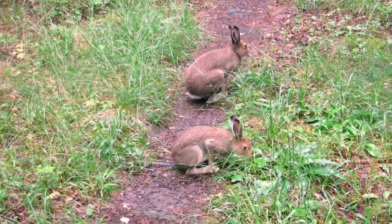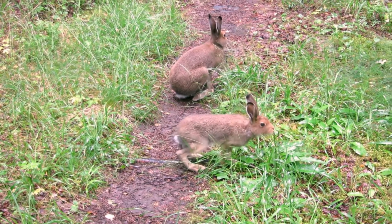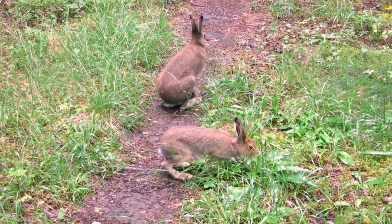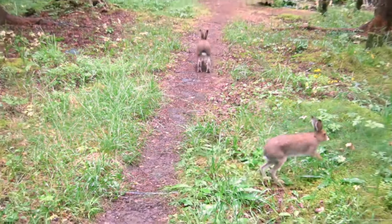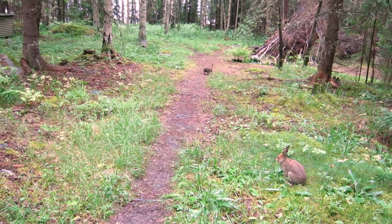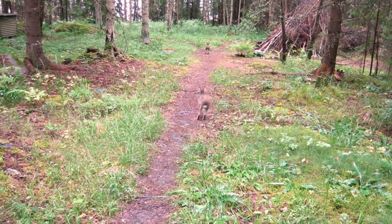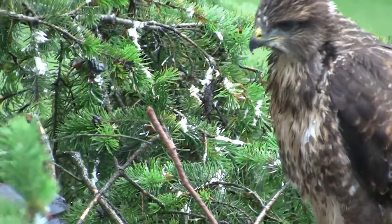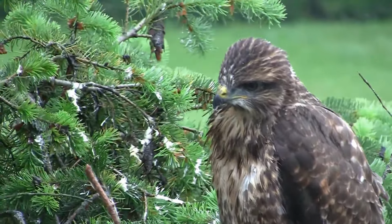After mating, the birthing season usually takes place between March and July. Females are able to produce between 1 and 4 litters in a single year, with each of these litters containing up to 3 young. Their offspring are called leverets and are all born with all their fur and opened eyes. Leverets don't receive a lot of parental care, limited to occasionally drinking some milk from their mother when she visits in the evening. As leverets venture out, they are often targeted by several of our predator species, including foxes, stoats,